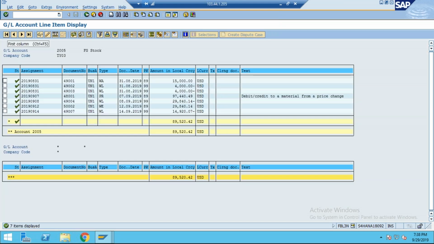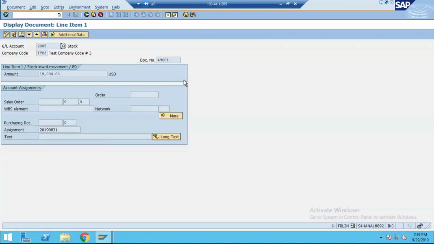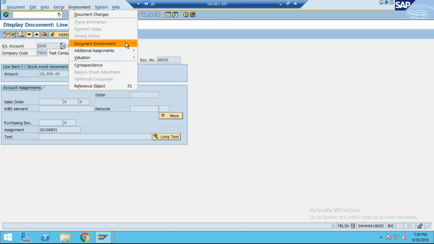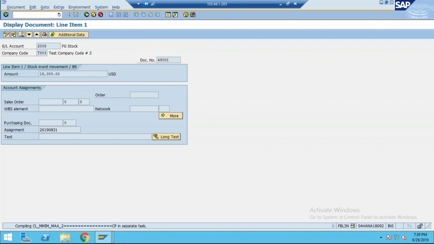A couple of transactions are there, posted on different dates. Let me take one transaction, this one. Whenever any production receipt is processed from logistics, we get the accounting entries, and this one is processed without order. So let's verify this one. This is my accounting transaction, and we can see this one. Original document is my